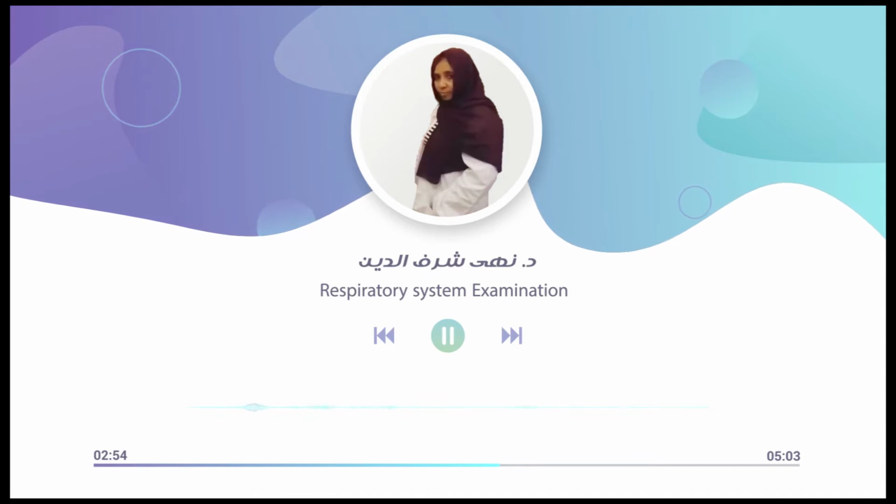After that, you go to palpation, as we said, in older children, not in infants. You palpate for localization of the trachea. Normally it is central and slightly radiating to the right. Locate the apex so as to rule out any mediastinal shift. So palpate the trachea and locate the apex, and after that we can do chest expansion starting from the upper zone, middle zone, and lower zone.